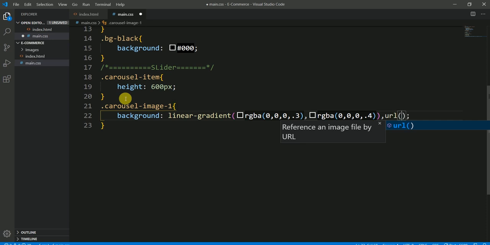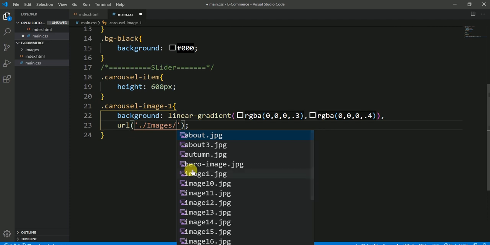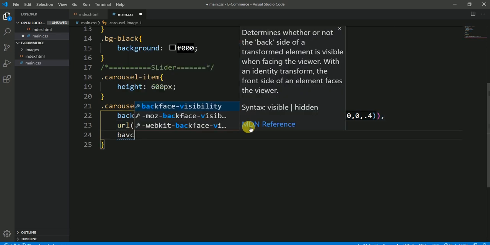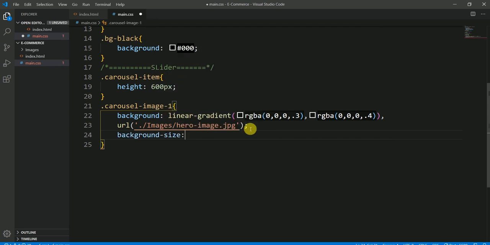So here I want to add my images. So for this, let me break it actually from the URL, and within my images folder I'm going to use my hero image .jpg, and then I'm going to say that a background size for this would be cover,